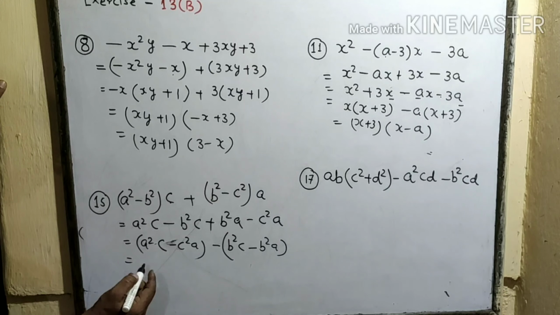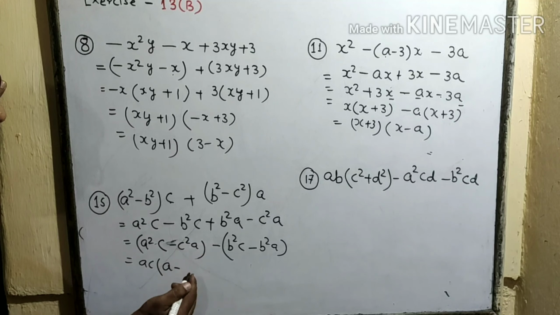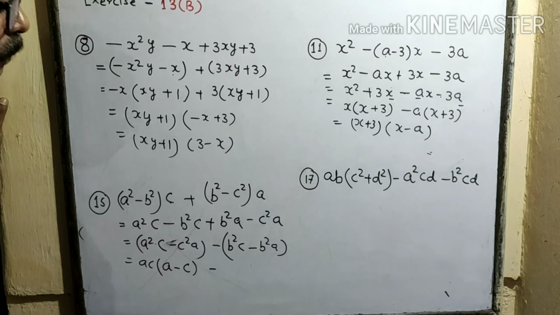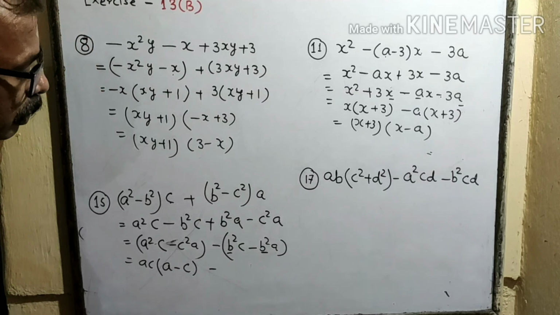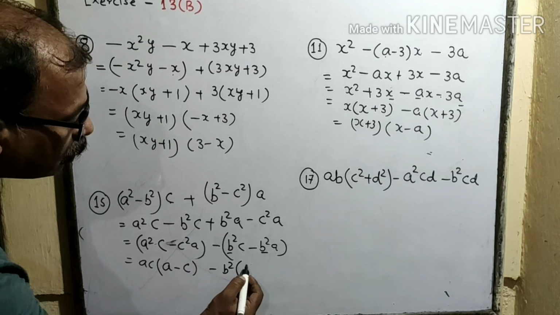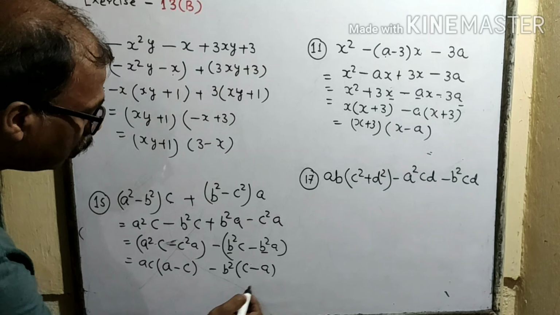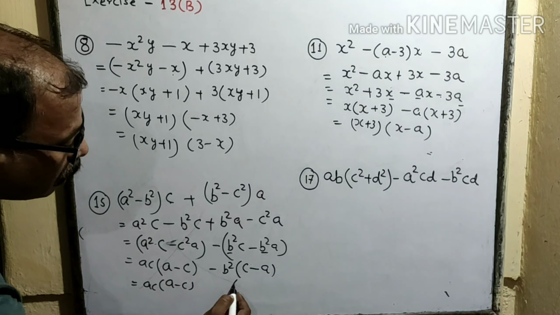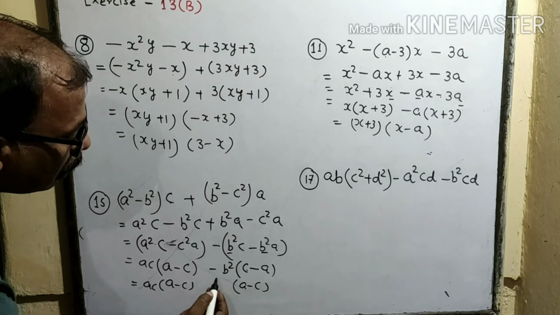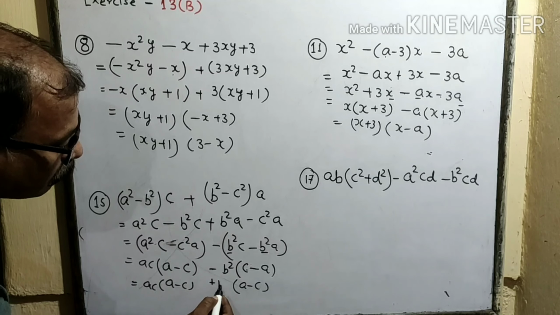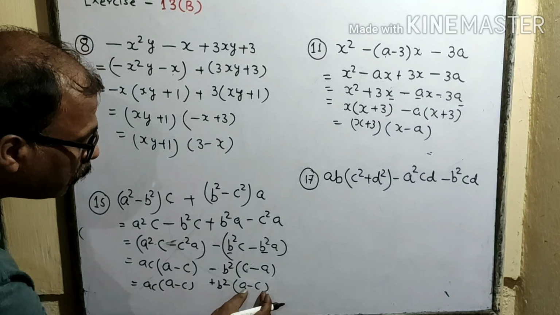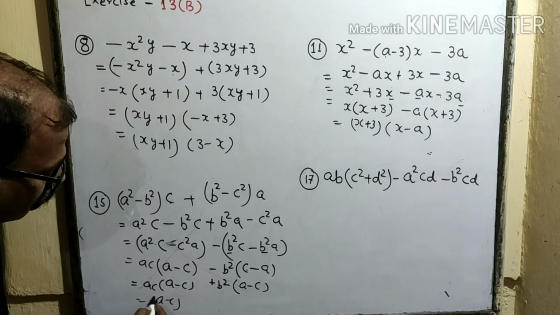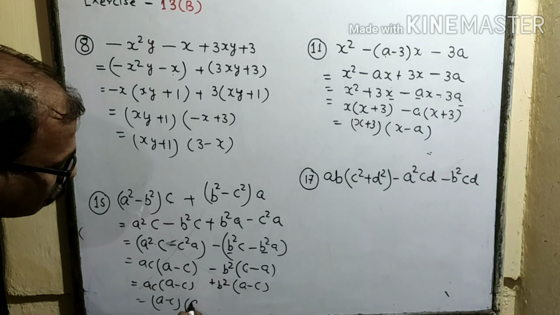Here between these two we will take ac as common, so this will give you a. From ac here we will take, then it will give you c, minus, we will find that b square is common here, b square is common here. So b square is taken common, so it will be c minus a. It is a minus c, it is c minus a. So what we will do next step? Write ac, a minus c. Here this sign will change to a minus c. So what will happen? This minus sign will become plus. So two factors are, first factor is a minus c and second factor is ac plus b square.